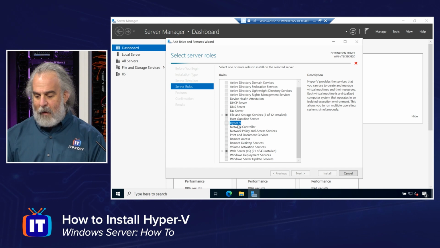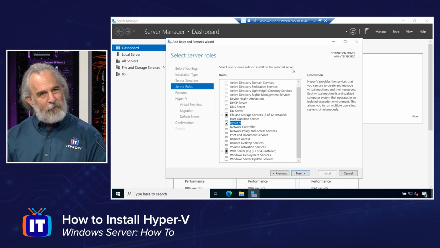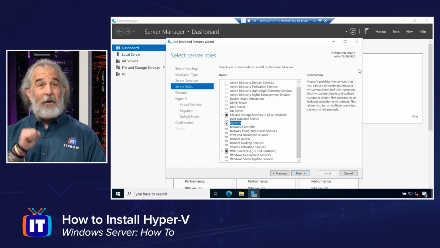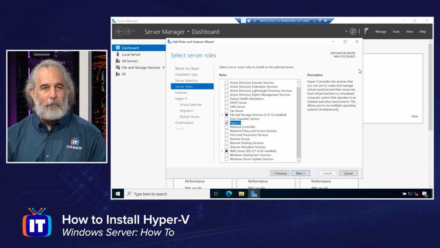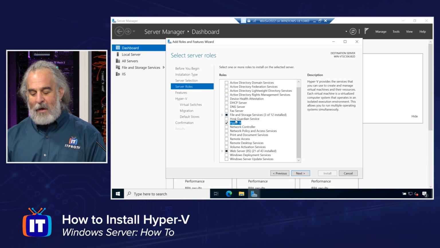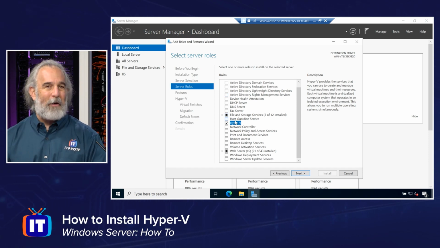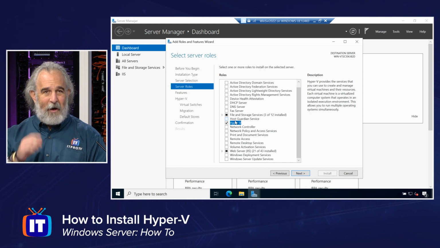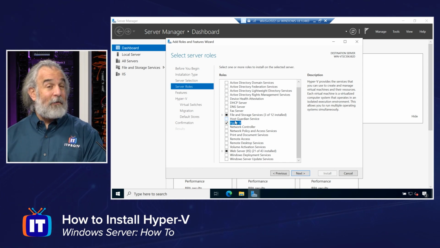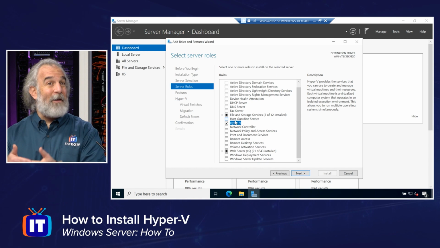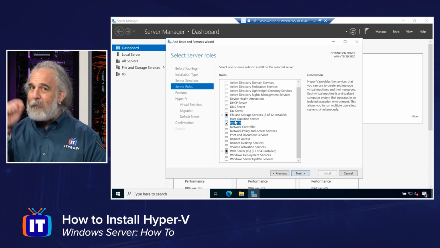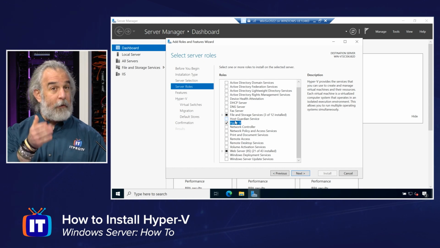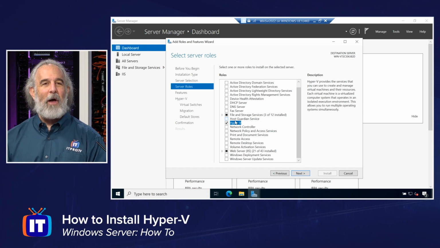Hyper-V is there. Now, we have to wait a second. We might see that bar going across the top here for a minute with a little red X. Nothing wrong, by the way. We didn't do anything wrong. As a matter of fact, everything is just perfect. But what was happening is that the system was checking the prerequisite configuration, making sure we meet the requirements to install Hyper-V. In this case, since this is a virtual machine, have we enabled nested virtualization? Well, we got a big check mark next to that one because we've just done that through PowerShell, or at least you can do that now because you know how to.